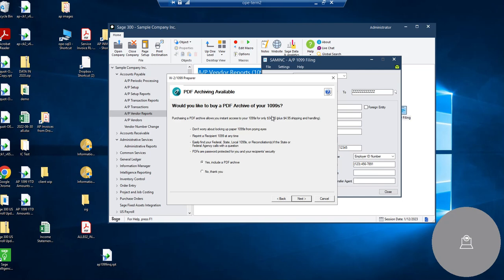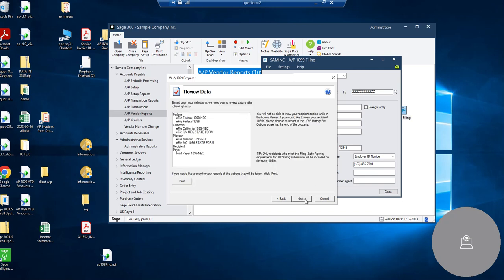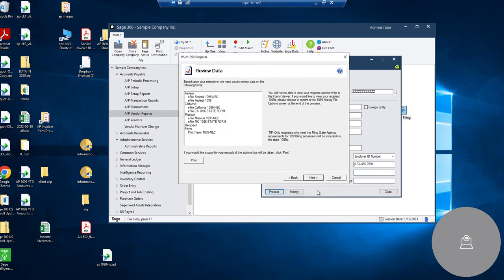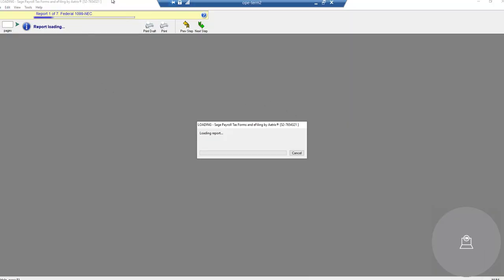You can purchase a PDF archive, that's optional. So that's just a yes, no. I'm just going to say no, thank you. These are the states where I'm going to file, based on my recipients. And so now it shows here's what it's going to do. California, it's going to do all the summary for us. We don't have to worry about lining up forms because Aatrix prints this out for us, which I think is great personally. So now I'm just going to click next,